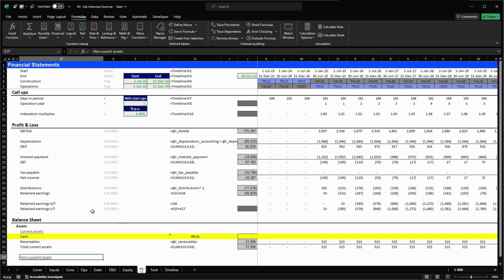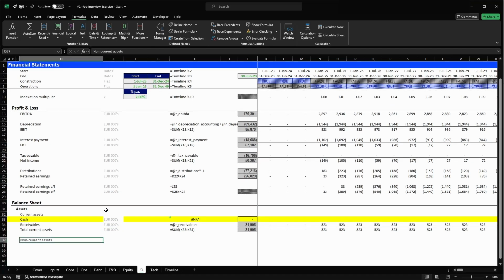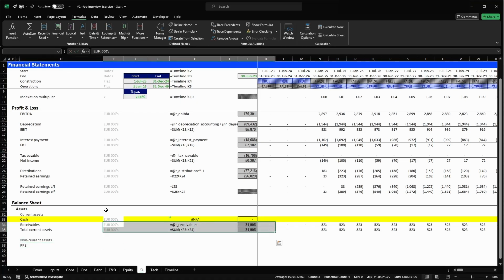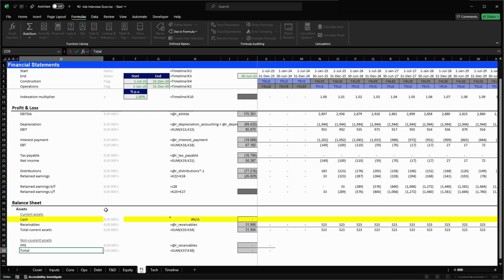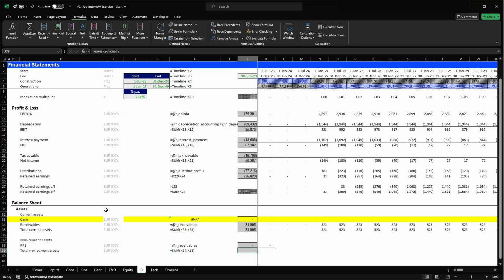All right, so we can copy the units. And for the non-current assets, what we're going to have? We're going to have simply put the PP, which is our CapEx. And I can copy this and here, and we can say total non-current assets. All right, so the sum should be only equals to the one above, and this should be equals